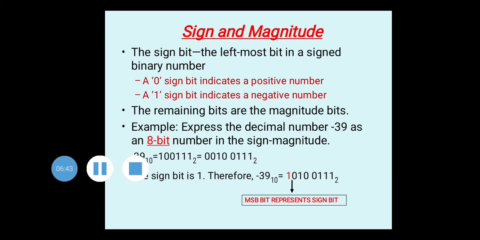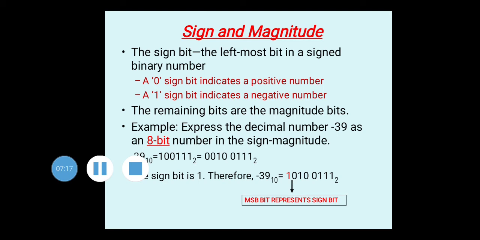In any binary number system, when you want to represent a binary number, you have to always represent it in 3-bit, 4-bit, 8-bit, 16-bit, 32-bit, and so on. You cannot represent it in between, like 5 bits or 6 bits. You have to represent it in this standard format only. So here it has only 6 bits, the value of 39 is 6 bits.